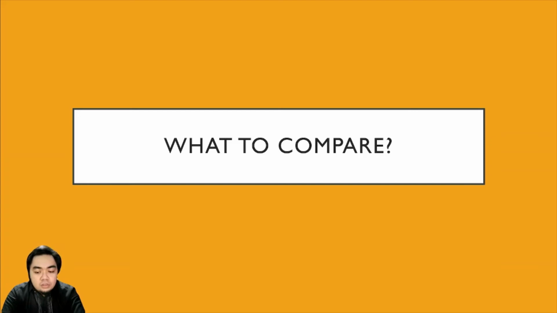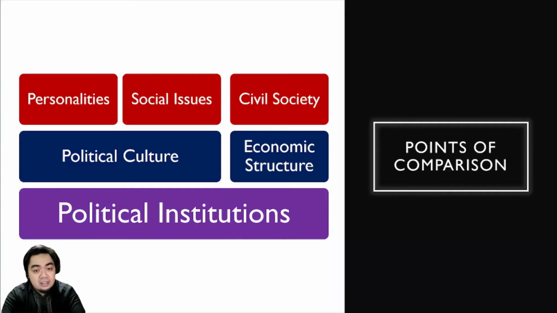Okay. So what do we compare in comparative politics, and of course by extension, what do we need to compare across European states as your country case studies? Well, first we will compare, just like with the discussion earlier on the making of European states, their political institutions, meaning we need to understand what are the key components of their political system as we know it today. And from there, we will move forth from their structures of government,